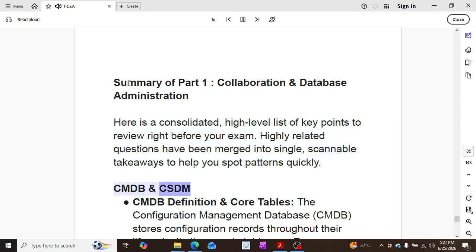CMDB and CSDM. CMDB definition and core tables. The Configuration Management Database, CMDB, stores configuration records throughout their life cycle. Its 3 main tables are Base Configuration Item CMDB, Configuration Item CMDB_CI, which stores basic attributes, and CI relationship CMDB_rel_CI. CSDM Blueprint: the Common Service Data Model, CSDM, acts as the prescriptive framework and blueprint for mapping IT services